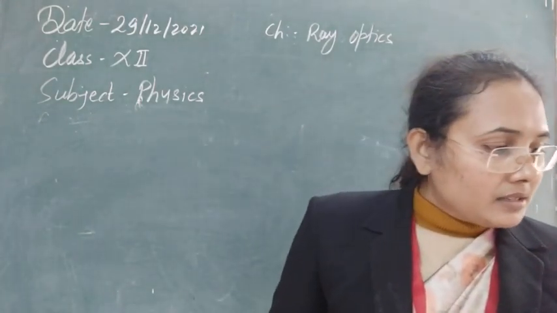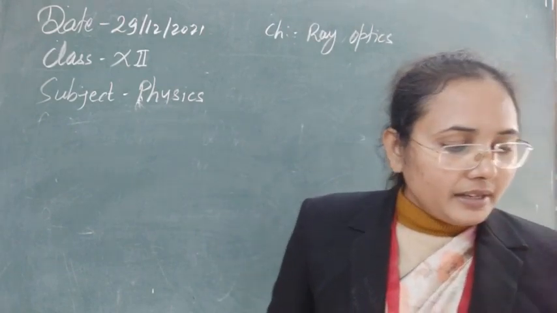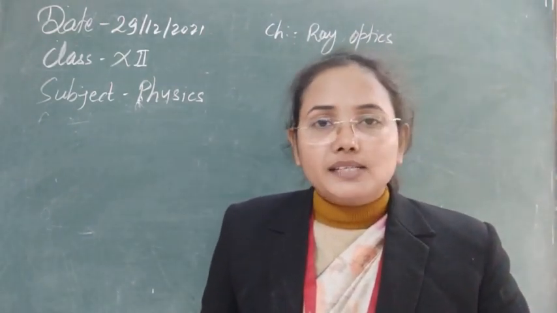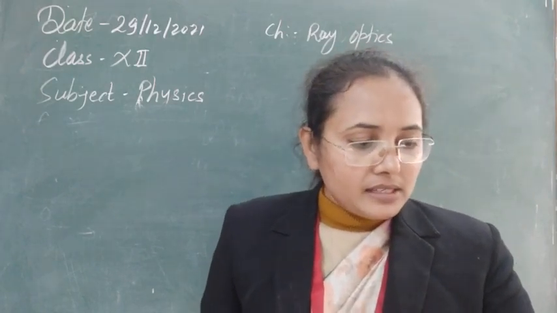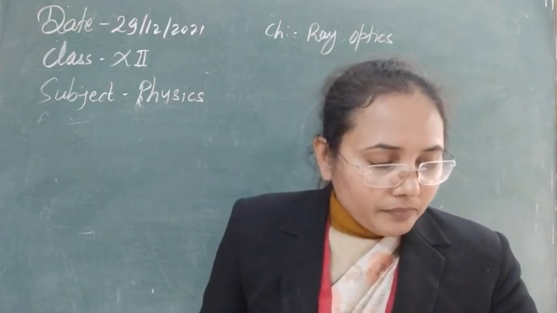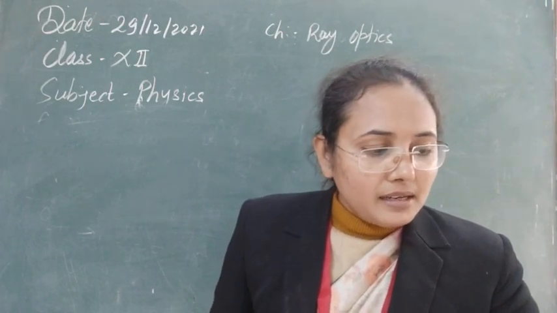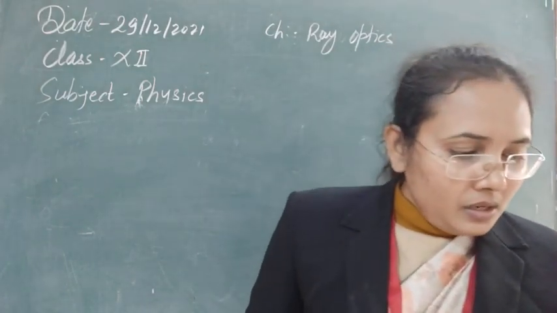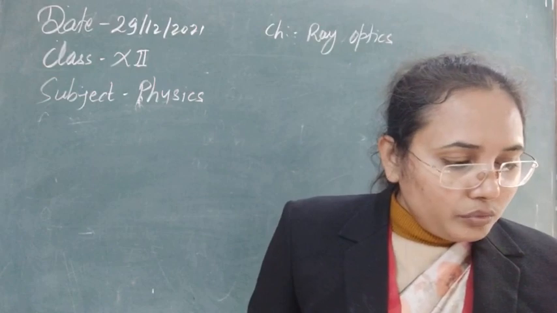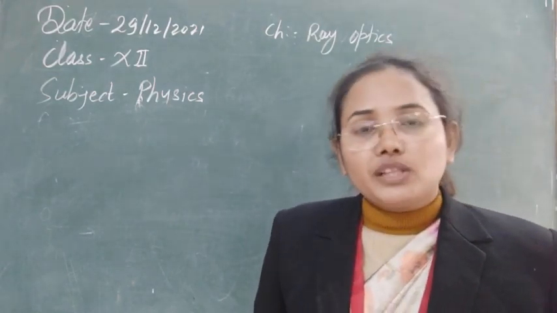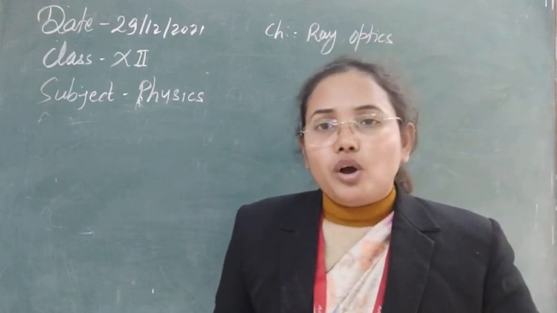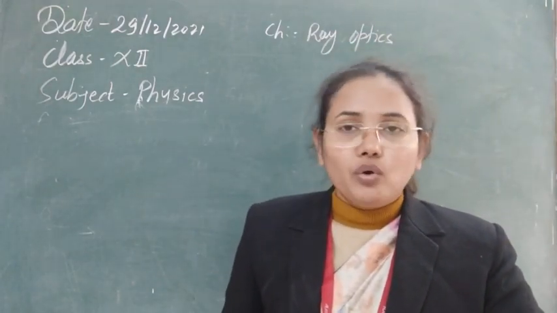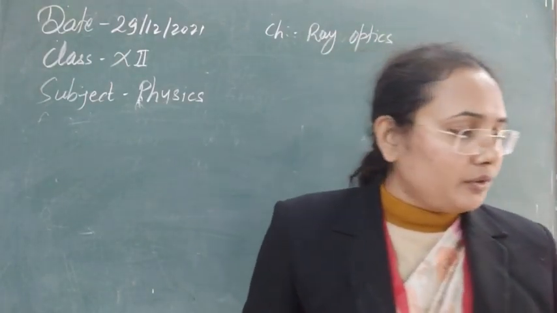Now next, some definitions related to lenses, like optical center. This is all I have told you, but again, the optical center is a point lying on the principal axis of the lens, directed to which an incident ray passes without any kind of deviation in its path. Means if rays pass through the optical center, then they will go without any kind of deflection.